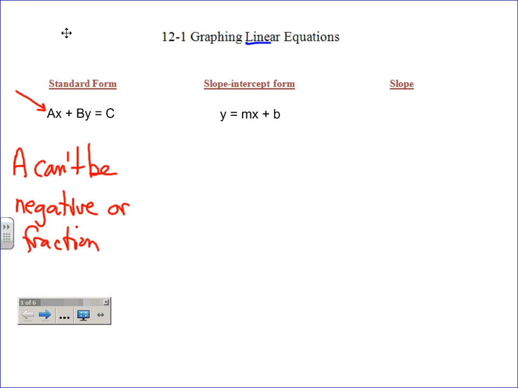Why? Who came up with the name slope-intercept form? I really don't know, but I know why they came up with it. Because that equation very easily gives you the slope, which we talked about earlier this year, and it gives you the y-intercept, meaning where it hits the y-axis. The slope is simply right there, whatever that number is, m, is the slope. And this one right here is the